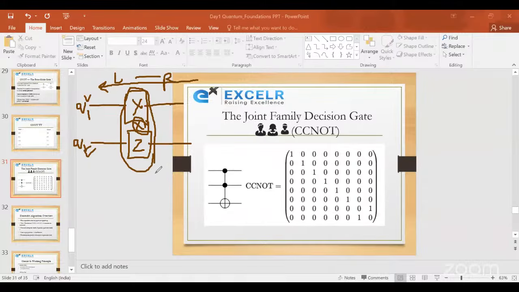One thing also needs to be remembered. In parallel, there is also a question of whether we have to do it top to bottom or bottom to top. In this sequence, it is right to left and top to bottom. So these two rules we have to remember in parallel: x and y, x and z. First we have to take the x,